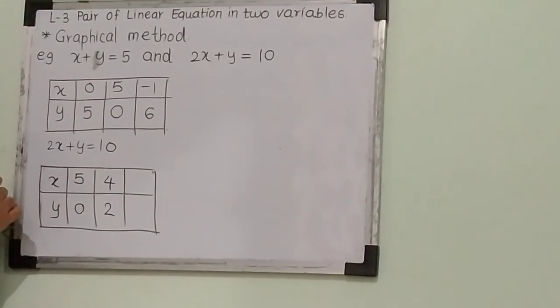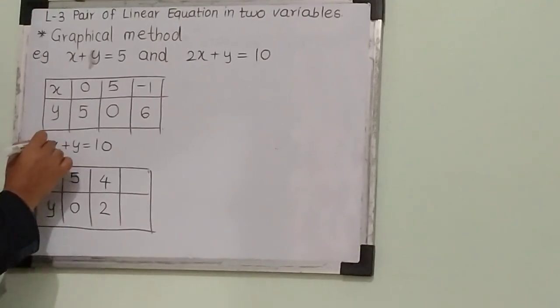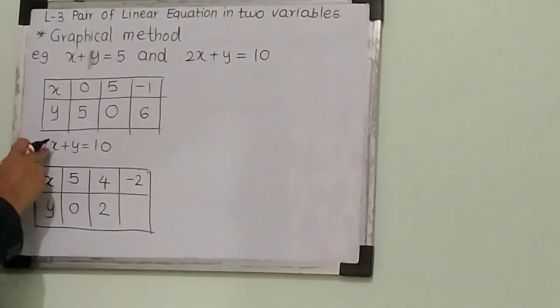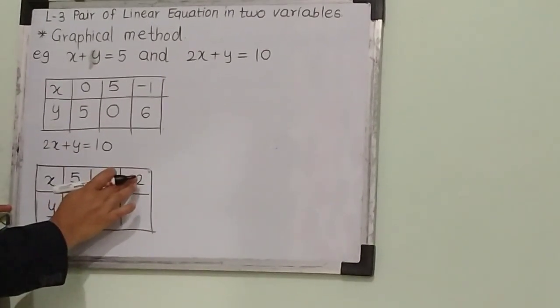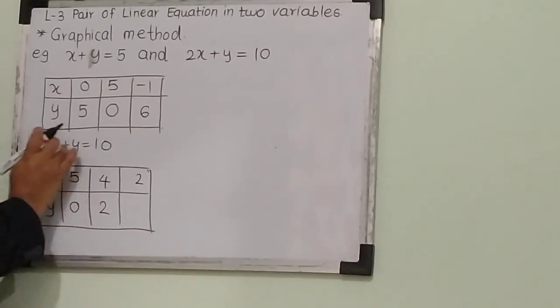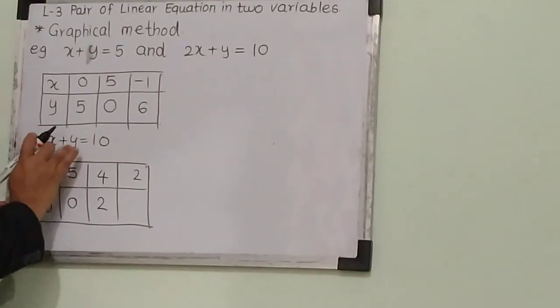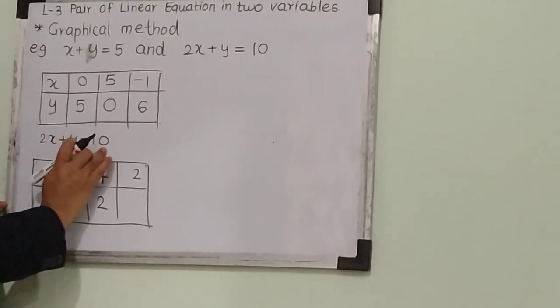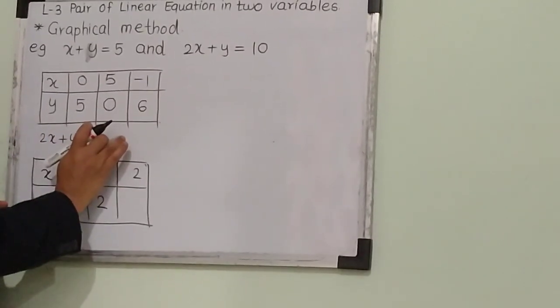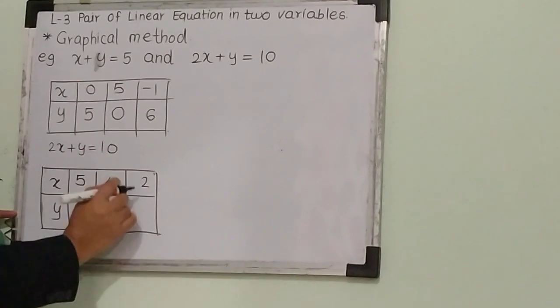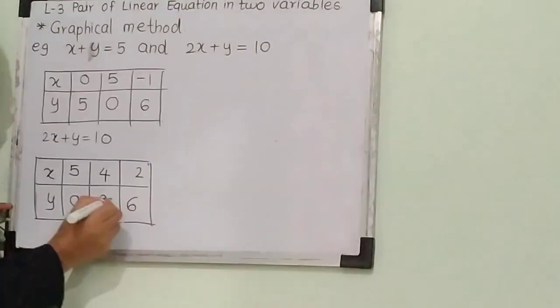Now if I take x equal to 2, then 2 2s are 4, 4 plus y equals 10. Now 4 is shifted to this side, y equals 10 minus 4, that is, y equals